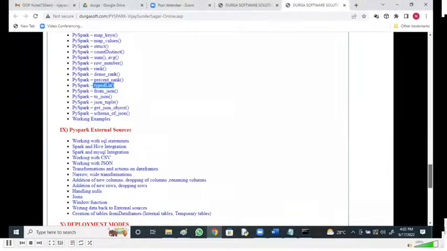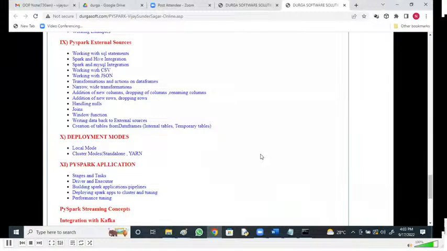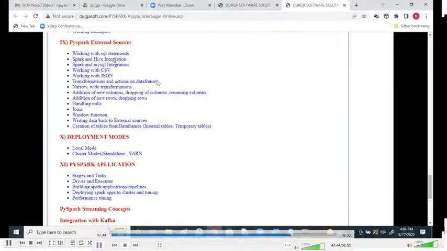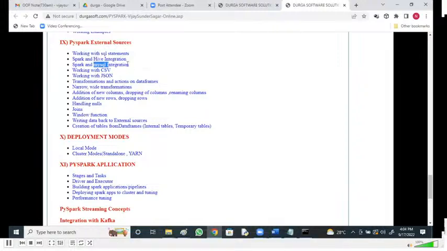PySpark external sources, working with SQL statements, pure SQL kinds of queries, Spark and PySpark and Hive integration, MySQL integration, working with CSV, comma separated values, JSON, JavaScript object notation, transformations and actions, narrow and wide transformations, addition of new columns, dropping of columns, renaming columns, addition of new rows, dropping rows, external sources, writing data back to external sources, and creation of tables from data frames, internal and temporary tables.